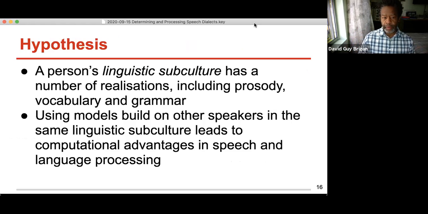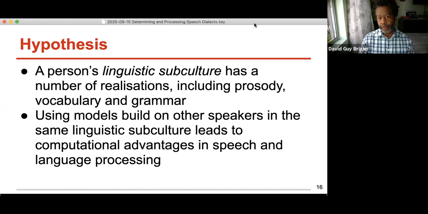My hypothesis is that a person's linguistic subculture has a number of realizations, including the way it sounds, the specific flatness of my A's, for example, but it also includes the way I string words together, the emphasis that I put on certain words and remove from others, my prosody, the sing-songiness of my voice, for example. It has a realization in vocabulary. So I'm much more likely to use the word lorry rather than truck, which is what we use in America,